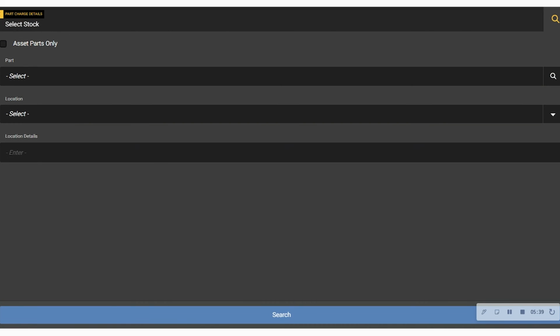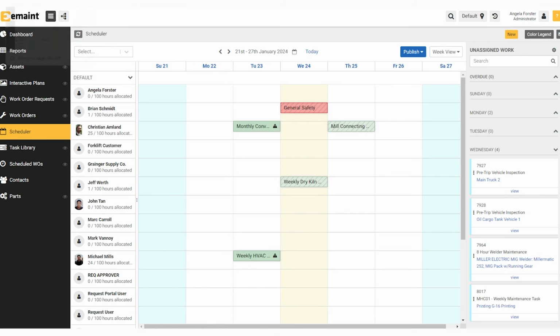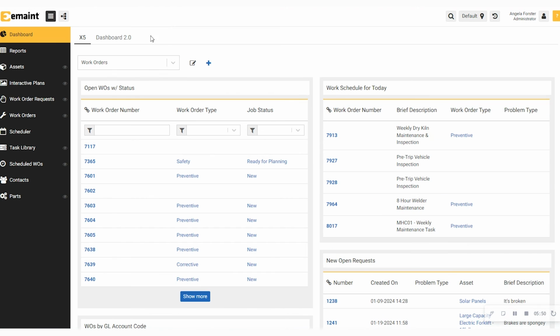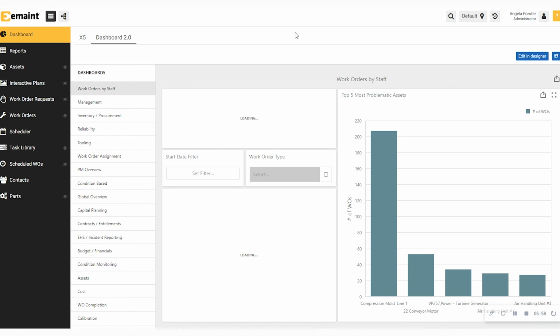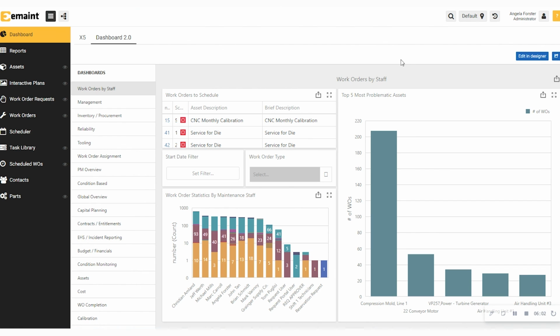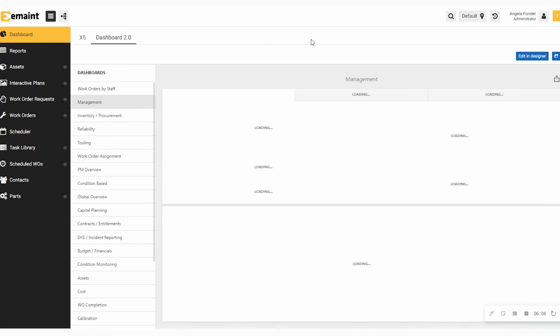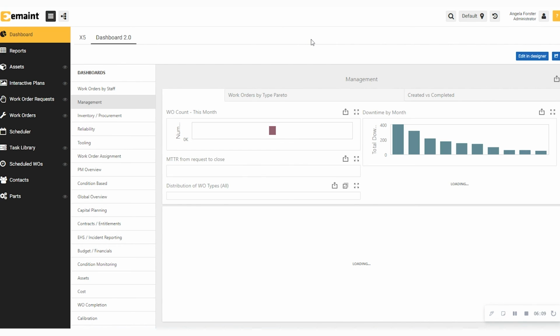However, at eMaint, it's not just about what we gather from our users, whether it's the mobile app or the full version of our eMaint system. It's about what we can produce to help your business grow in an ever-changing world. So I'm going to go ahead and show you some of our dashboard options here. These can show, for example, open work orders by status, work orders scheduled for today, new open requests within our system. Or these can be a little bit more visual options that we have, for example, our top most problematic assets. We can also see things like our mean time to repair for our individual areas of the eMaint system.